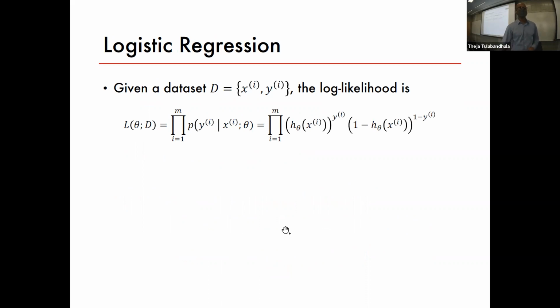So that leads us to the definition of logistic regression, where we start with the data set, which we have seen several times. So the likelihood of the data under any given theta. We have seen this expression before a couple of times. The likelihood of the data given theta is just the probability of the data, at the given parameter theta.